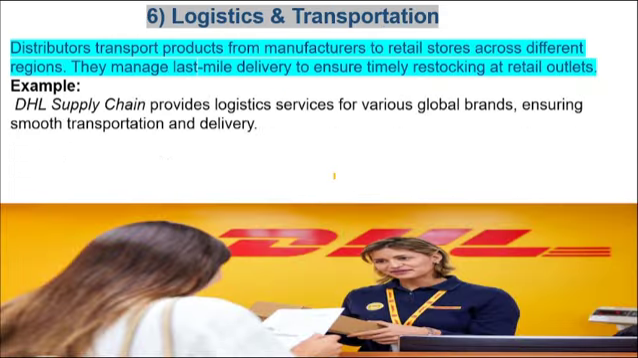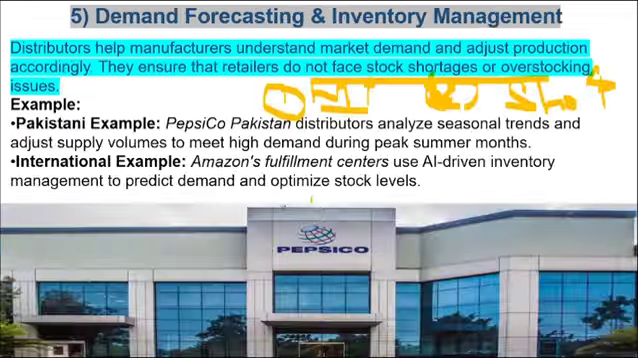Number 6, logistics and transportation. Distributors transport products from manufacturers to retail stores across different regions. They manage last mile delivery and timely restocking at retail outlets. I mean to say, the distributors are also giving the service of logistics. They use their own transportation, or big distributors use other transportation, like third parties, such as DHL or many other service provider companies. So these are all the functions of the